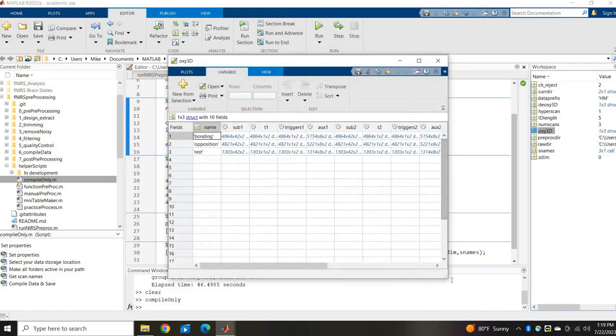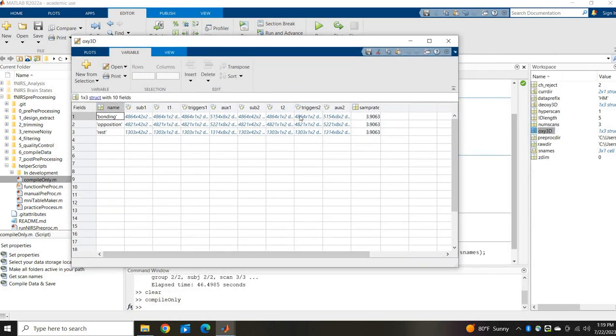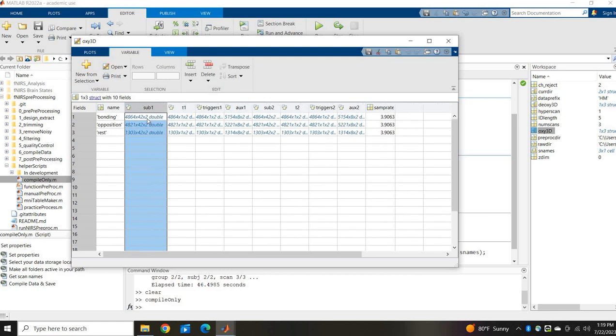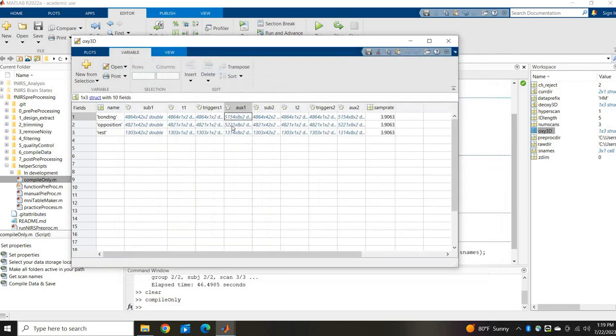So if we wanted, we could look at my Oxy 3D compile. And what we see here now is that row and column structure again, because I have multiple scans. So scan name, subject 1 for all the dyads. That third dimension again is dyad. Same with time, triggers, and auxiliary. I was going to say, I don't think there was auxiliary. Sometimes it will compile auxiliary even if you don't have anything, so you can just ignore it. Apologies. All right. And then we have our subject 2 for all dyads, and same with time and triggers and auxiliary, and our sample rate. All right,